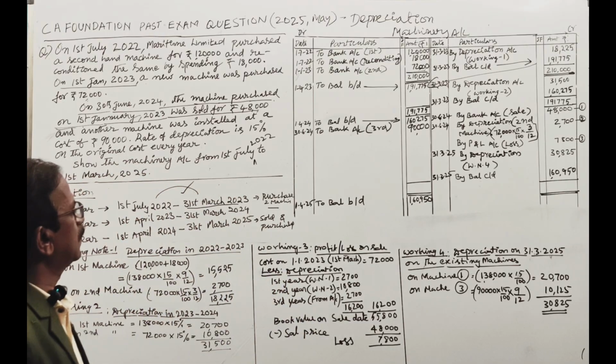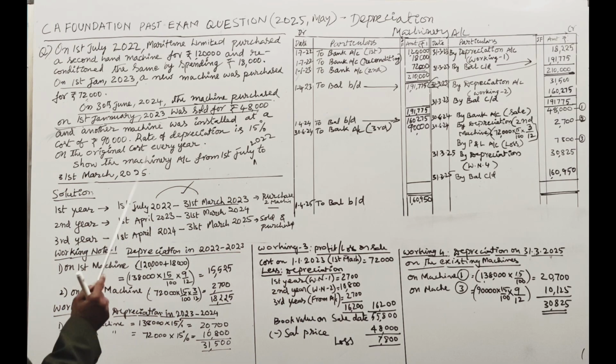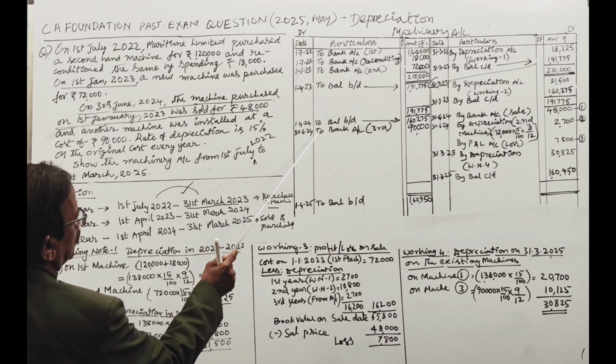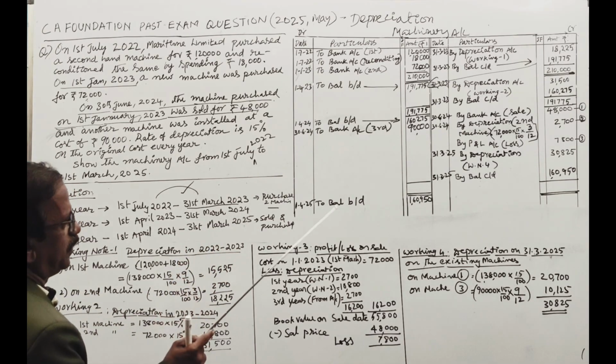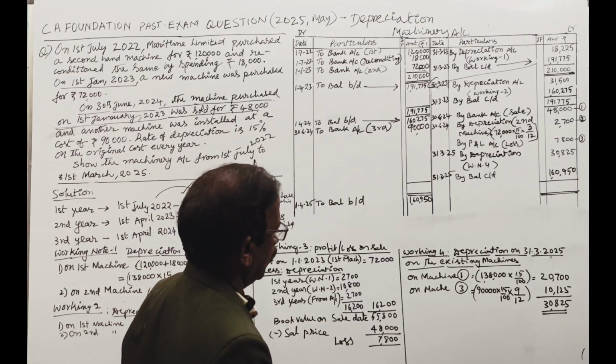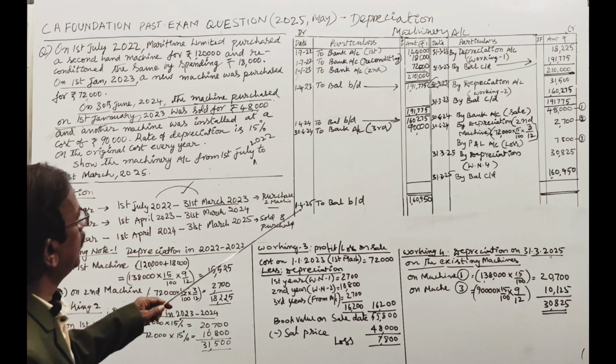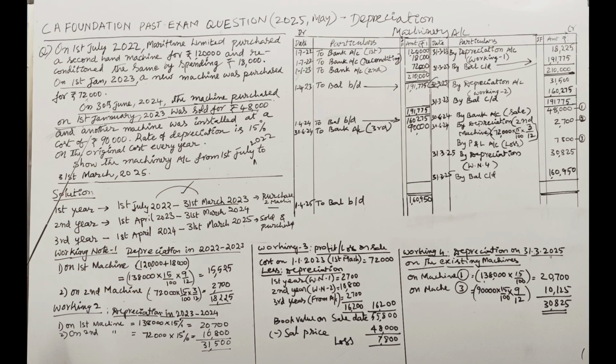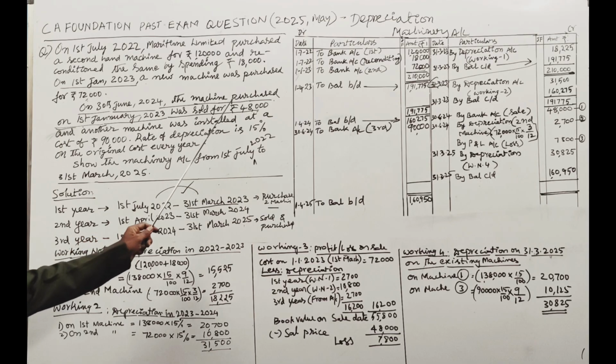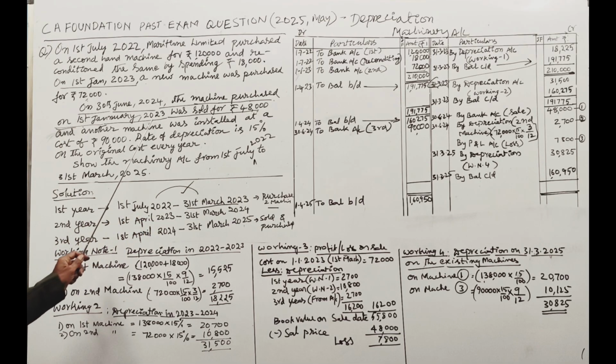And during the third year, we have purchased the third machine. That is on 30th June 2024. Before this, actually, we did one thing. Before this, we sold a machine. Which machine was sold on 30th June 2024, that is in the third year? The machine purchased on 1st January 2023, means previously purchased, was sold for